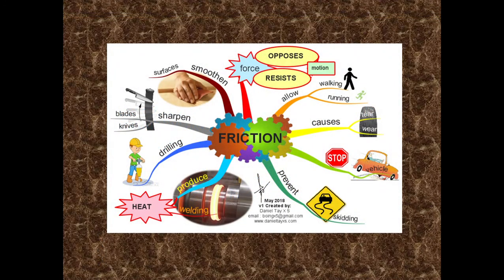Okay, here you can see blades and knives. We are able to cut because of friction there. Drilling is done because of friction. There is a smooth surface, you are able to move there because of friction. Suppose there are some interesting questions here. Suppose you have to walk on a floor, a marble floor with a lot of water around, or a lot of soap water around, on which walking is very difficult.